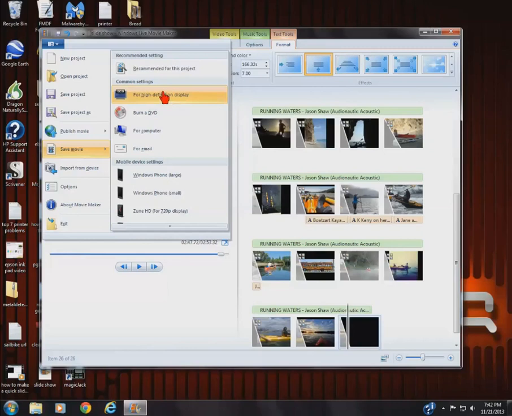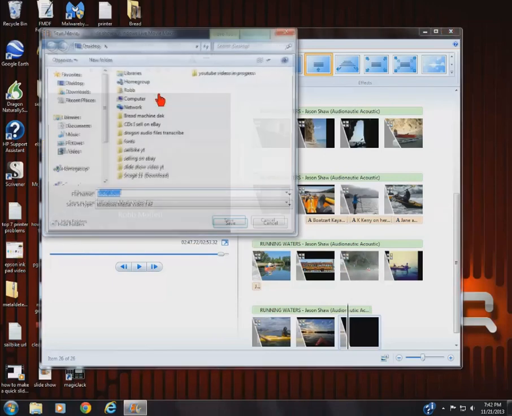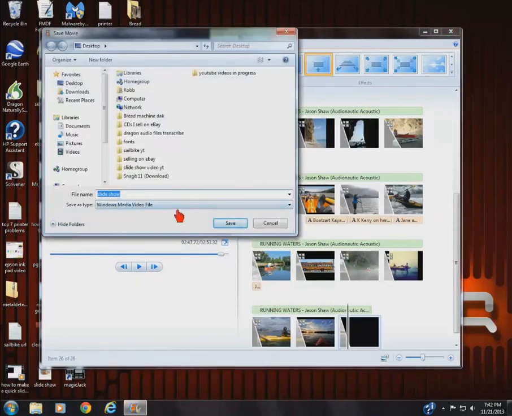That's what I always do. And then I never send this directly to YouTube from the Movie Maker. I save it first on my computer and then upload it that way. So you would click on this and it would save it as a Windows Media video file on your desktop.